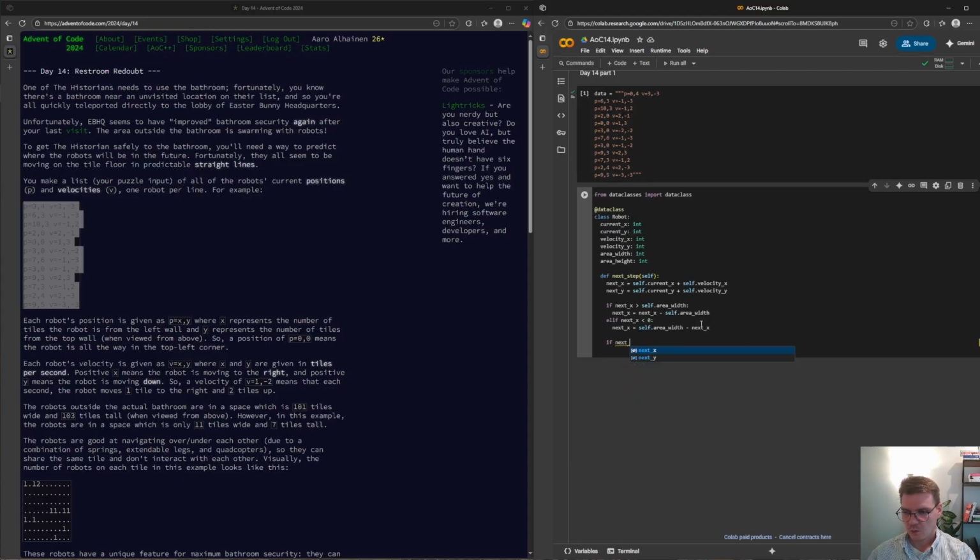Next y, if it is greater than self.area_height, we will set the next y to be next y minus self.area_height, and then if it is below 0, then we just set the next y to be self.area_height minus next y.